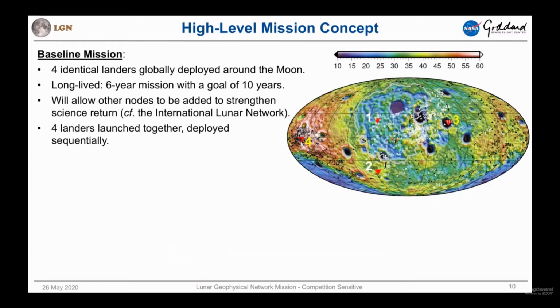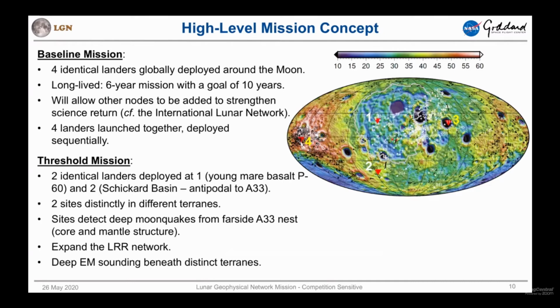So this could become the International Lunar Network of a decade ago, a network through having these long-lived anchor nodes, if you like. The 4 landers will be launched together and then deployed sequentially. Our threshold mission would be 2 identical landers deployed on the near side at number 1 here, the peak billion-year-old